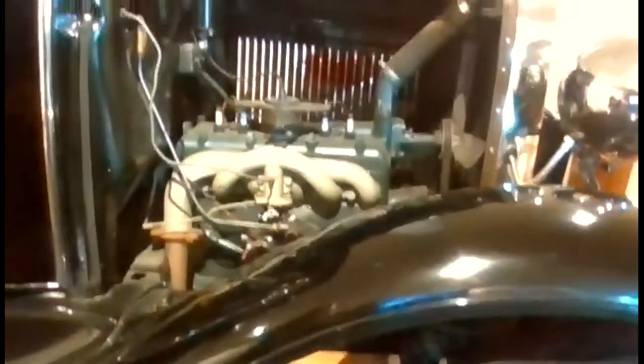We have it open so that everybody can look inside the engine. There's a beautiful story behind this as well. You don't want to look at me, you want to look at the car. But the story of the car is